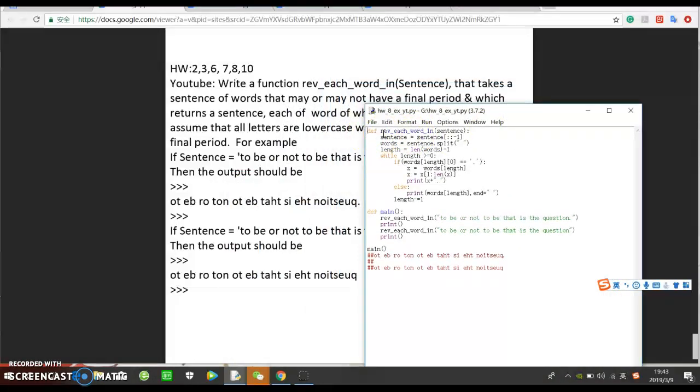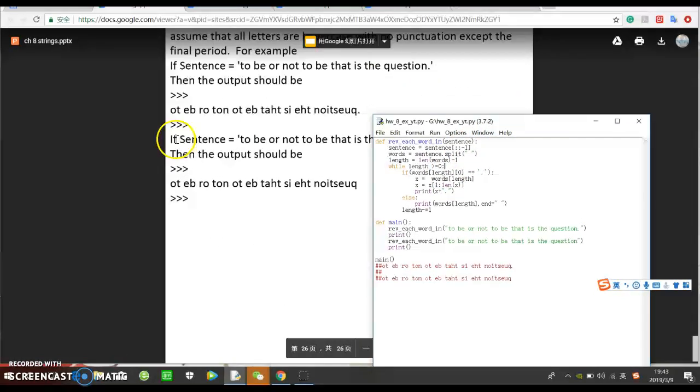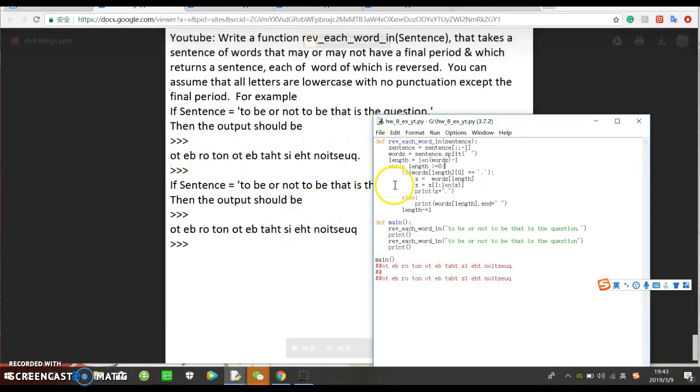So we define the function reverse_each_word_in_sentence, and then we define the sentence, words and lines, which is sentence equals sentence, comma, and then -1, and the words equal sentence.split, and then the last one is just the lines is equal to len(words) - 1, and then we use a while loop to make the condition. And so while length is bigger than 0,